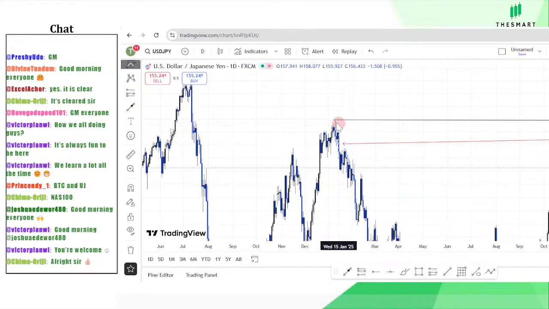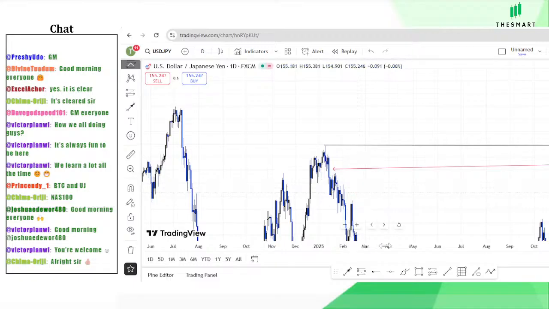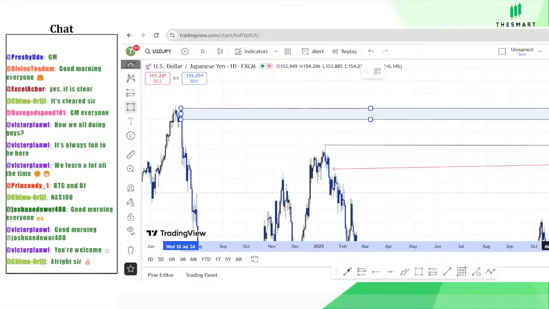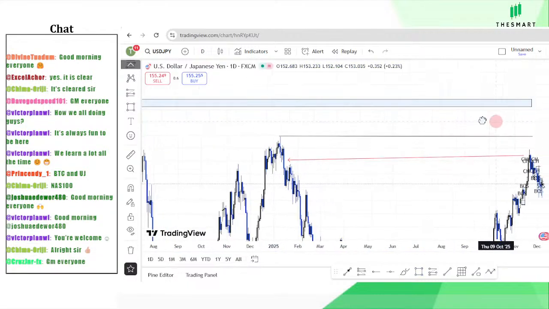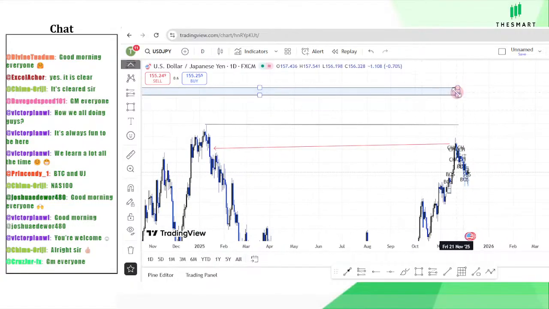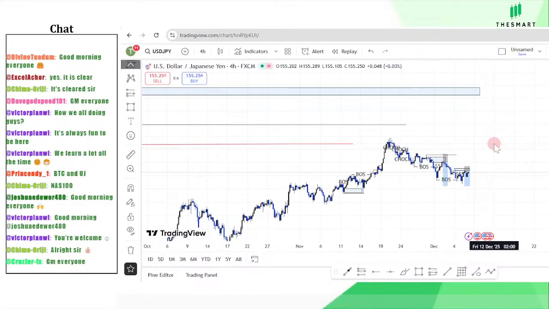We have this supply, and when you have an internal supply, what does it mean? An inducement level. We have this major supply sitting at this point. We have this major supply here. We have this major supply at this point, and if we go down to the 4 hours,